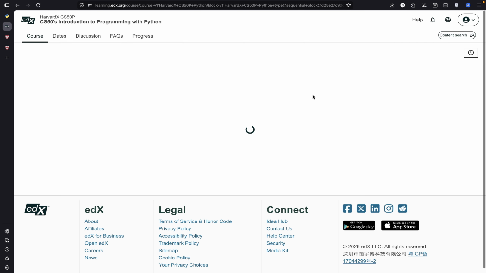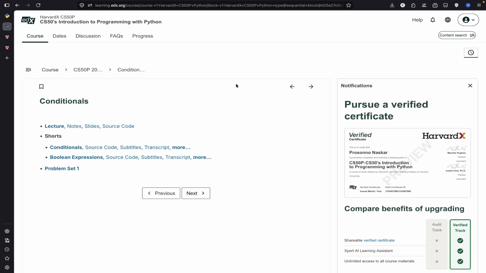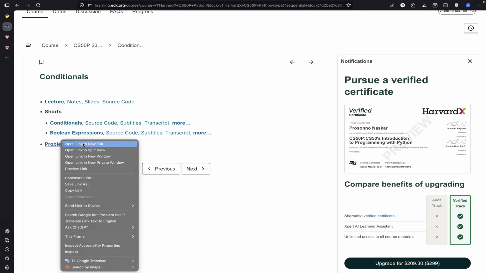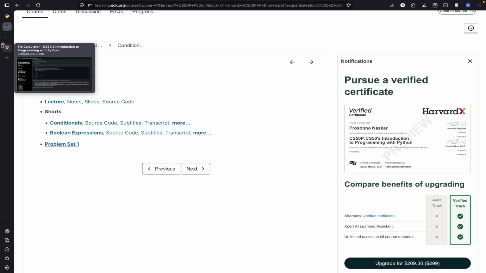I'll not be taking the certificate now, later on I will for sure. Now are the conditionals. Most probably it's not going to be too long. I'll complete the conditionals, the lectures, and the shorts too. And after that, while solving the problem set, let's just see.